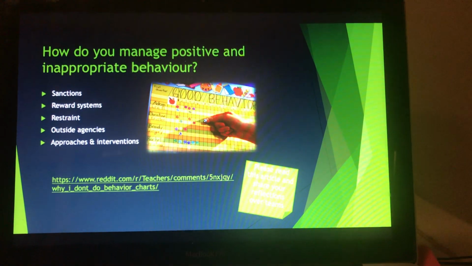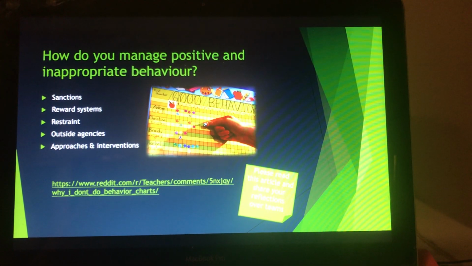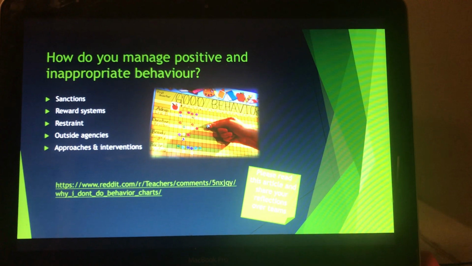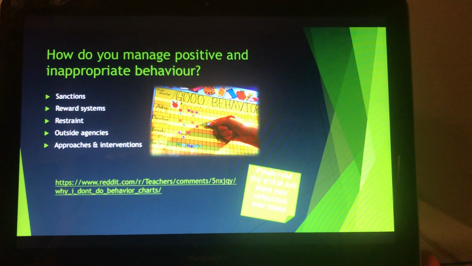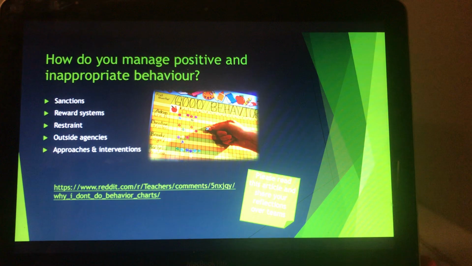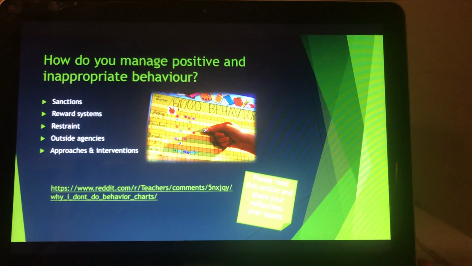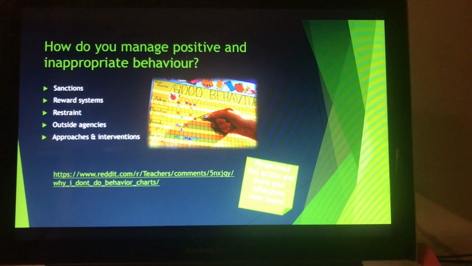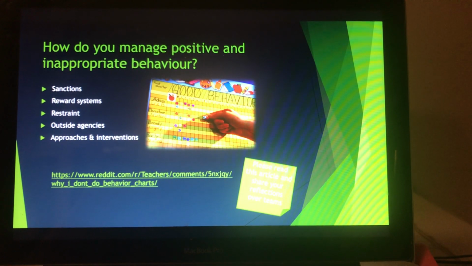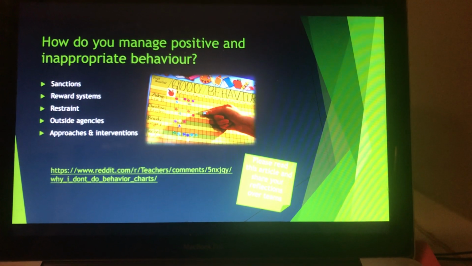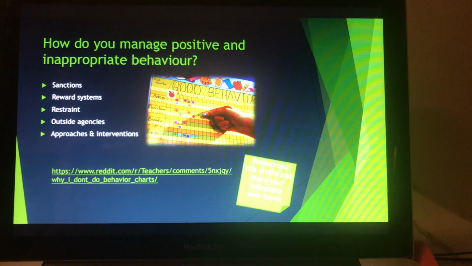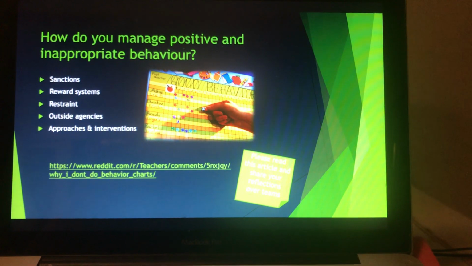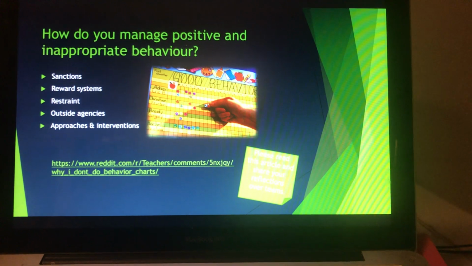Maybe actually the child lives in an area of deprivation, or maybe they have some social issues, and actually attendance is out of their hands and it's something that their parents aren't able to support them with. So potentially we're putting a sanction in place by not giving them this reward, but really it's unachievable for them anyway to get that attendance award.